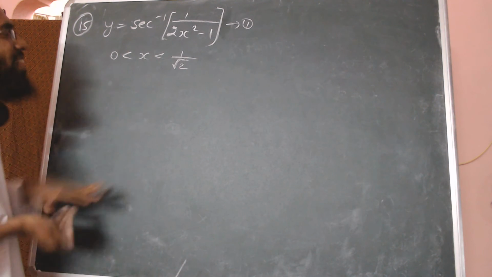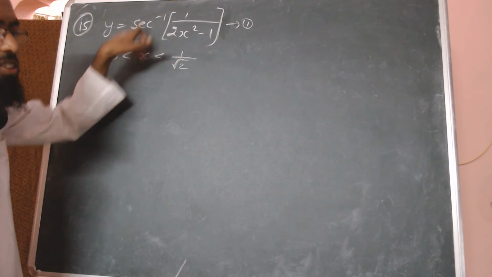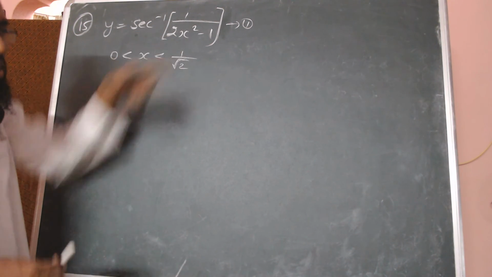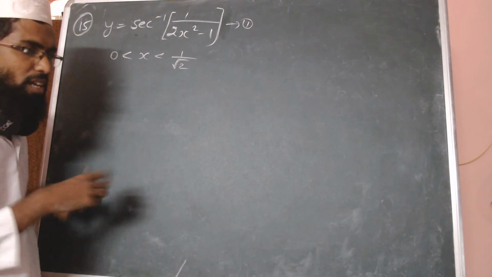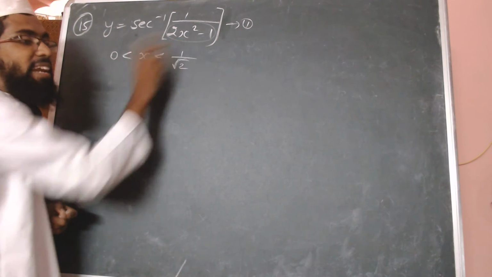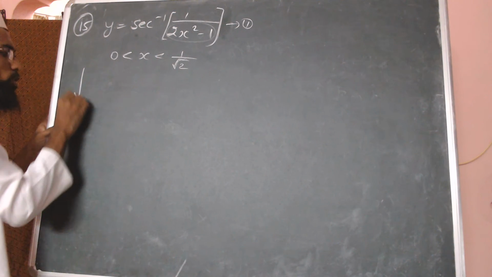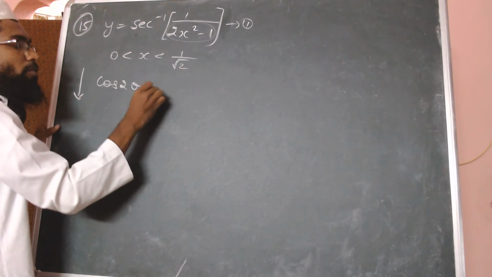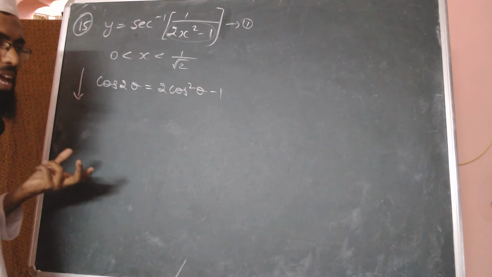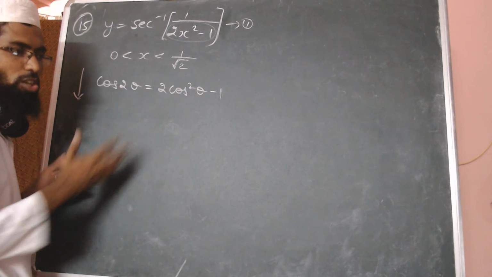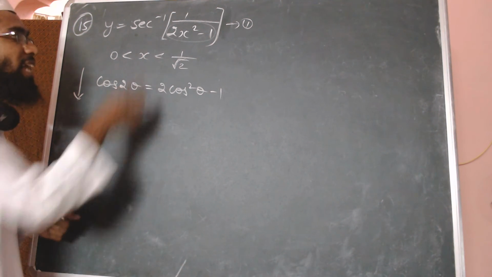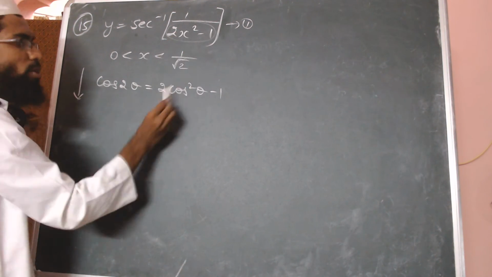Right. Now, I have secant inverse here. If I get something in terms of secant, secant inverse of secant theta, I can cancel. But I have something in the denominator, 1 by 2x square minus 1. Now 1 by cos is secant, right? So I must try to get cos over here. So what formula is similar to this pattern in cos theta? We know that cos 2 theta is nothing but, in terms of cos, 2 cos square theta minus 1. We have the other formulas also, 1 minus 2 sin square theta, 1 minus tan square theta by 1 plus tan square theta. But this is similar to 2x square minus 1, 2 cos square theta minus 1.